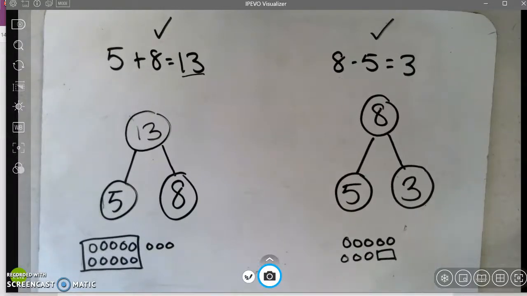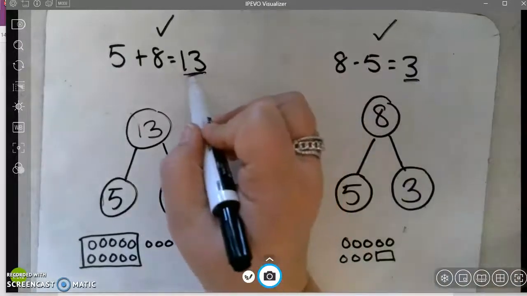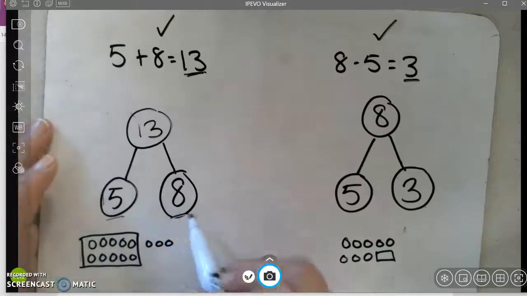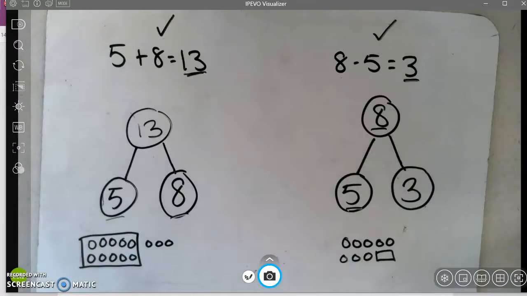But are they the same fact family? They're not the same fact family. Because remember, the addition problems and the subtraction problems for the fact family use the same 3 numbers. So we don't get 3 and 13 in the same fact family. 5 and 8 are, but they're in different areas of the number bond, so they're not part of the same